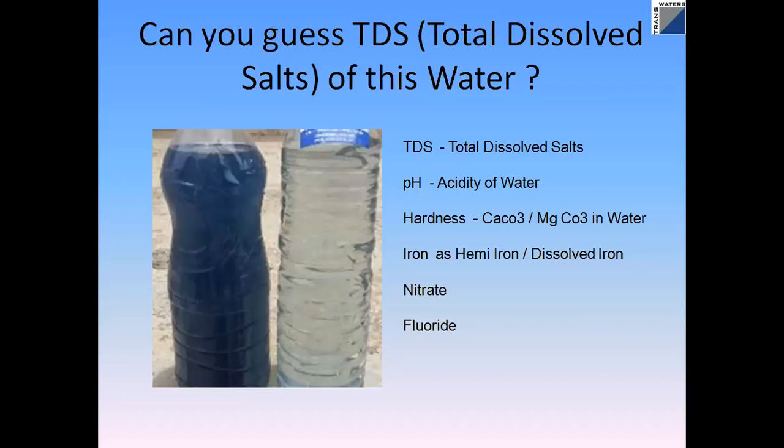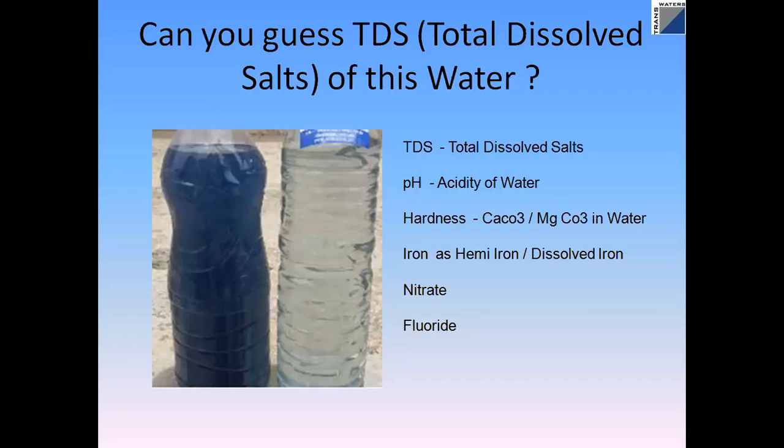Iron in the water is also an important parameter. If you have iron in your water, the water will be a little brownish and yellowish in color. There are different kinds of iron, heme iron, dissolved iron. If there is iron-eating bacteria in the water, it eats up the iron, and that is organic iron in the water. For some people, when they catch the water, it looks clear, and after some time it becomes yellowish in color. That's because iron gets oxidized and tries to precipitate, so you will have yellowish color in the water. The limit is 0.3 ppm, so anything more than 0.3 you will have color in the water.